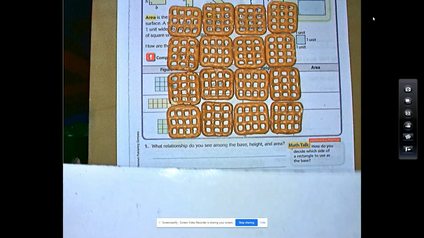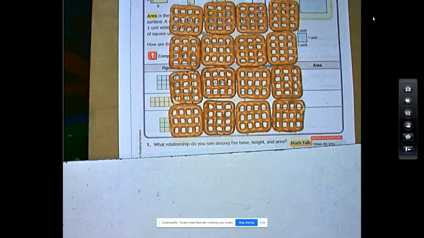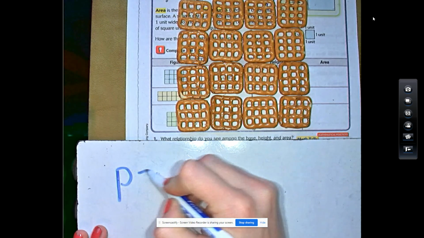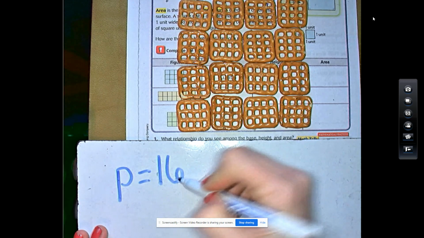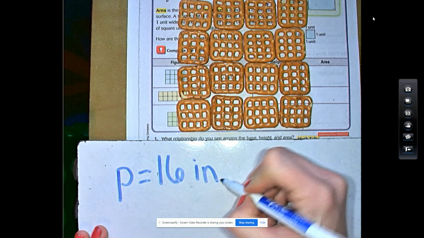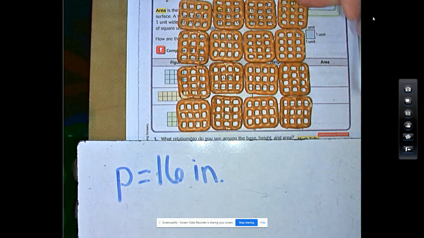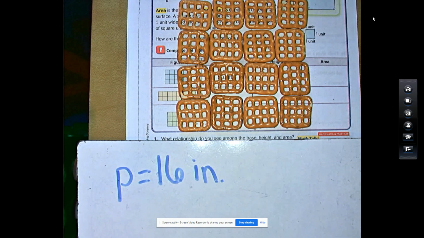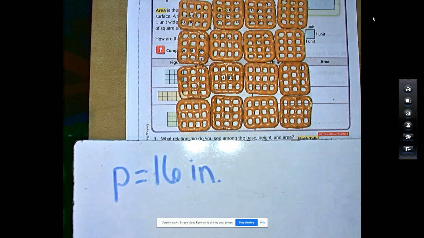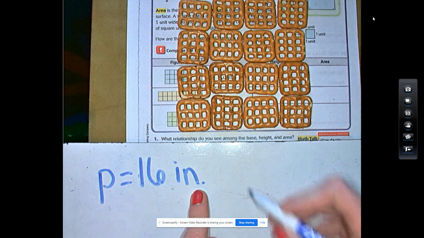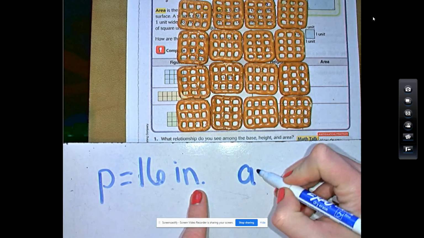If I were writing the perimeter, this is a little bit of review, perimeter would equal 16, and I'm going to call these inches. It was 4, 8, 12, 16 inches around my shape. That's how I just write it. It's just inches. Perimeter is P equals 16 inches. The area, which is going to be A, equals